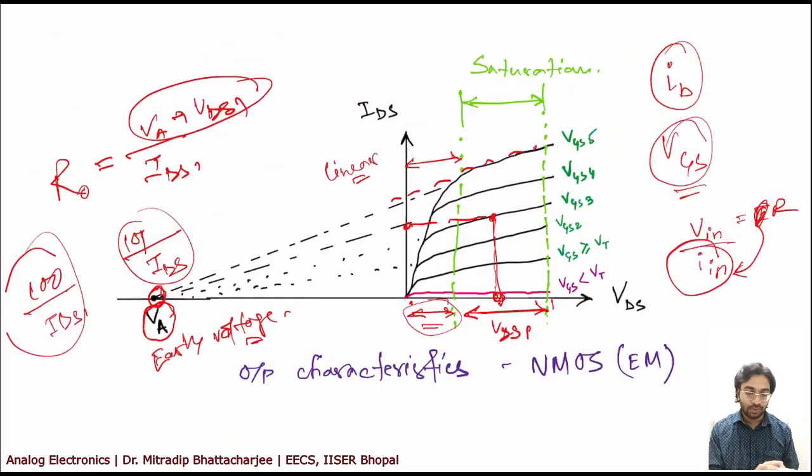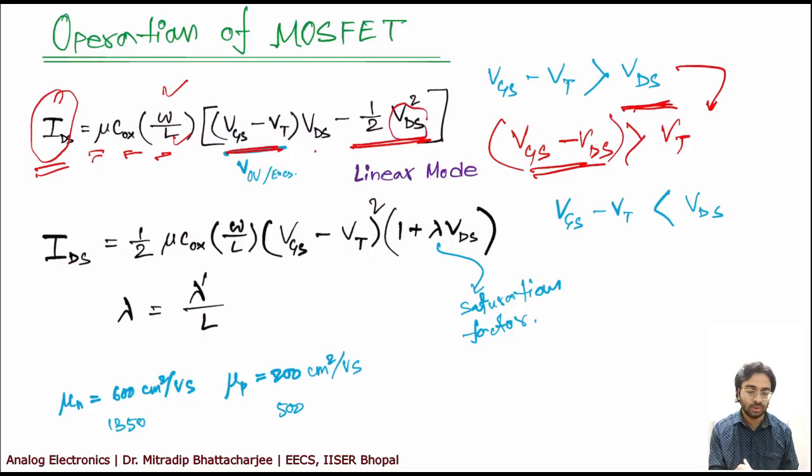However, if you look at the output characteristics, the linear mode is for low VDS values. Now when the VDS value is low, you can neglect this term. So ultimately your IDS will be a linear function of VDS. That is why it is called linear mode. For low VDS you can neglect this half VDS term. Understand? So that is why in linear mode IDS is more or less linear to VDS.